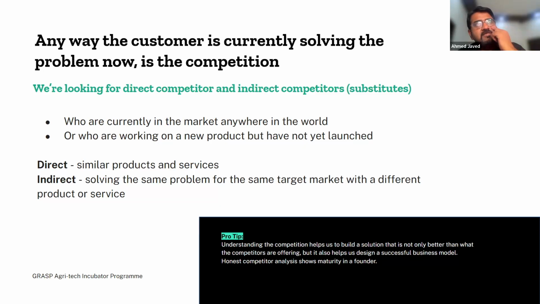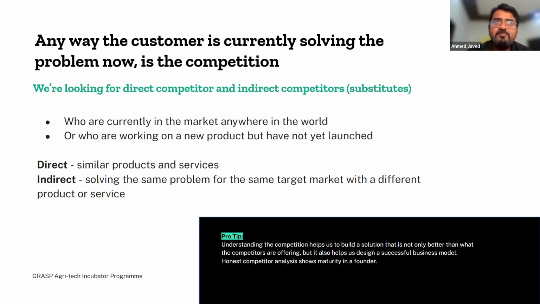An example, let's say if you're giving advisory services, there's two different apps that are providing farmers with tips on a daily basis on, this is how you should be planting your wheat, this is the spacing that you should use, and so on. And they're providing them with weather alerts. That's direct competition. Both are doing very similar things to address the core problem, which is farmer information or knowledge. Or there might be indirect competition, which is solving the same problem with a different product or service, right?